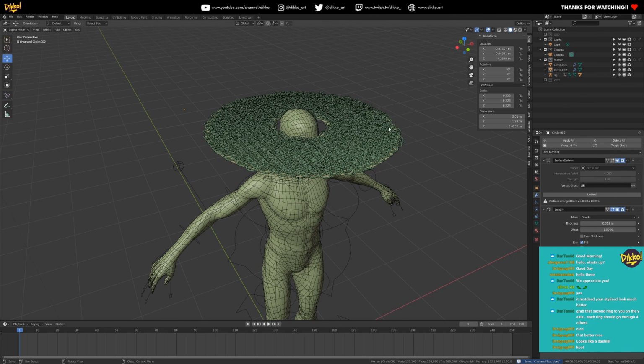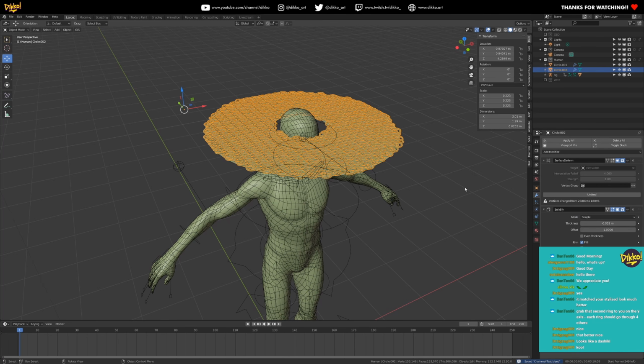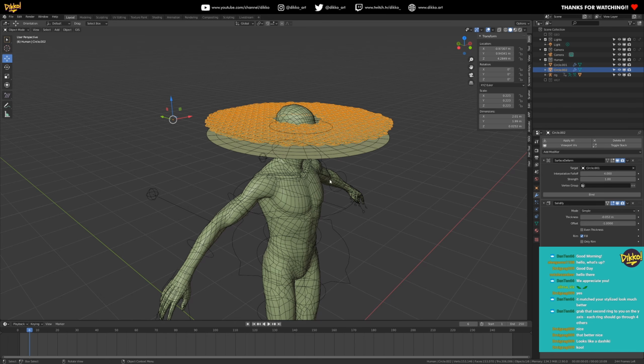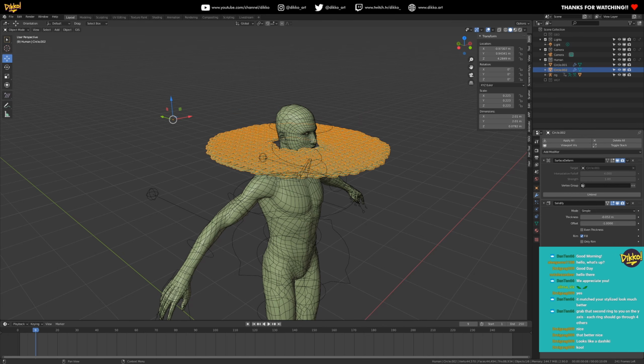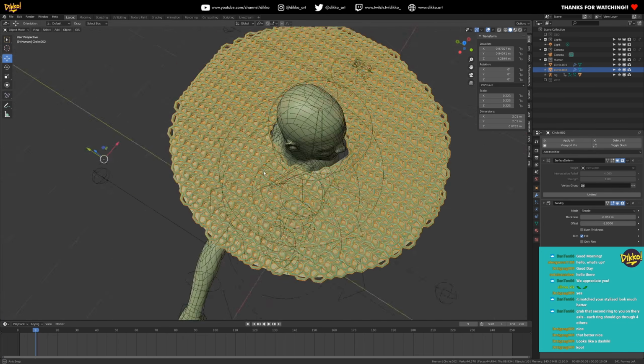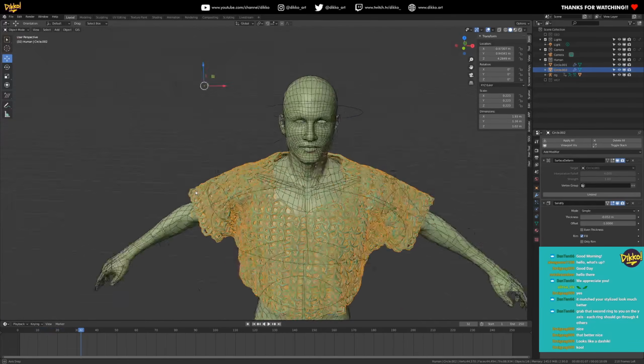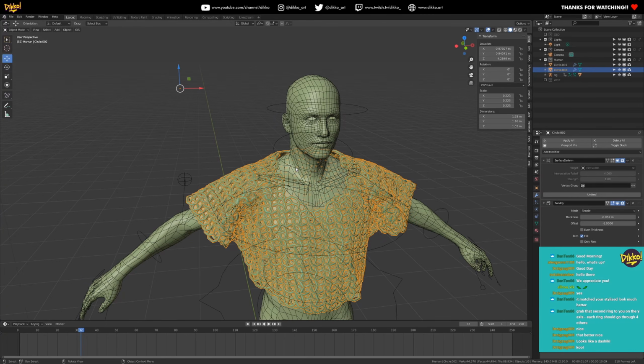Let's test this out. We're gonna unbind. And so we're gonna rebind, sorry. And the nice thing is that you can always turn off the subdivision now without affecting the simulation, which is even better. Boom. So if you want a low poly look to your chainmail, we don't have to worry about